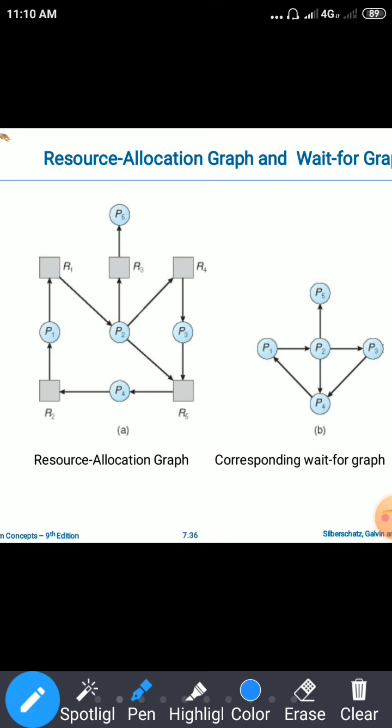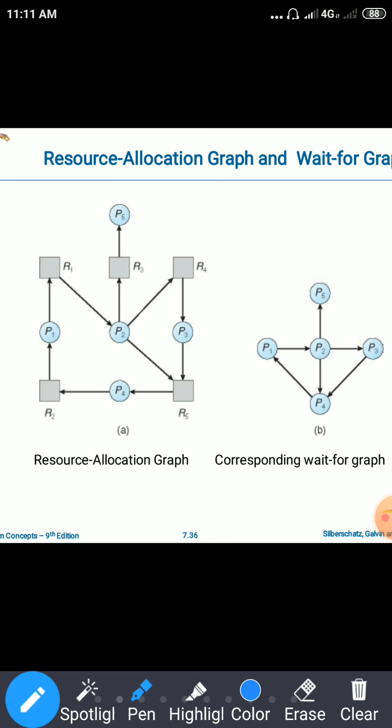That is, it has to invoke the deadlock detection algorithm periodically to check whether a deadlock has occurred in the system or not. To detect the deadlock in the wait for graph, the system needs n square operations, where n is the number of vertices or number of processes in the graph. Here in the graph, how many processes are there? 5 processes. Then how many operations does the algorithm require? 5 square, that is equal to 25. So the algorithm needs 25 operations to detect whether the deadlock has occurred in the system or not.